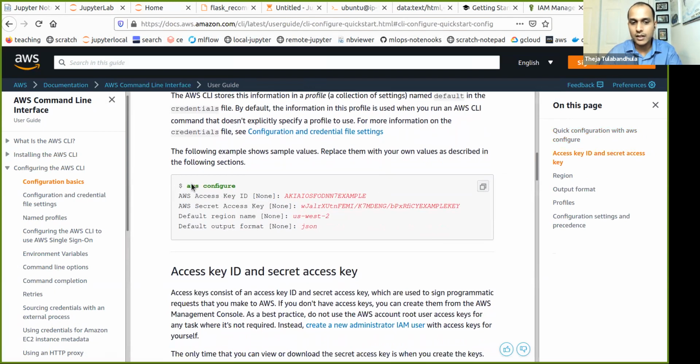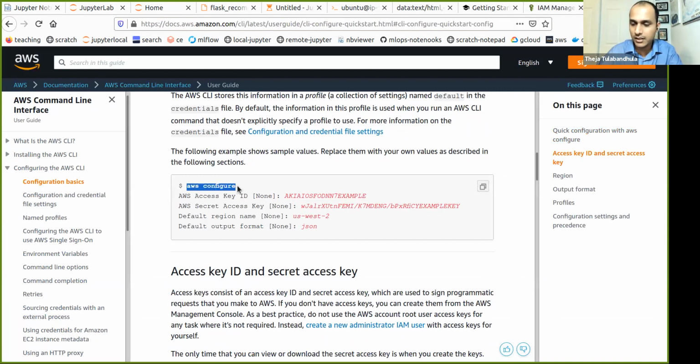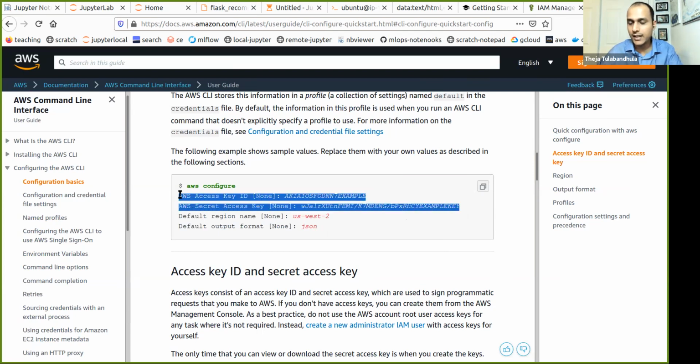Once you install it, this is how you would configure those two strings that I got. You can just type AWS configure in your command line, and then give those two strings. String 1, string 2, and what's your default region and default output format. These are just extra pieces of information, but basically two key things are these two. With that, AWS knows how to access some resources from your local command line. This local command line, by the way, doesn't have to be a local machine. It can be that EC2 machine that we've been always using.